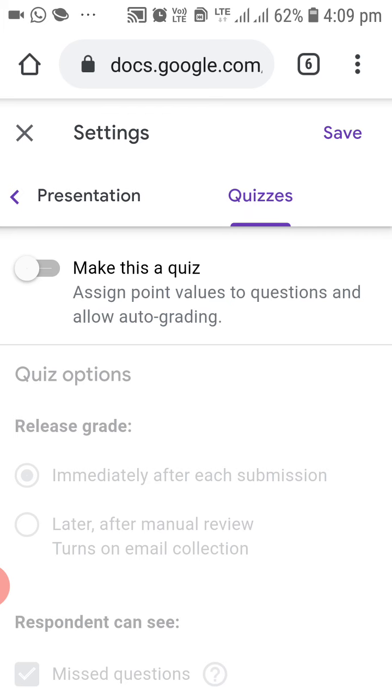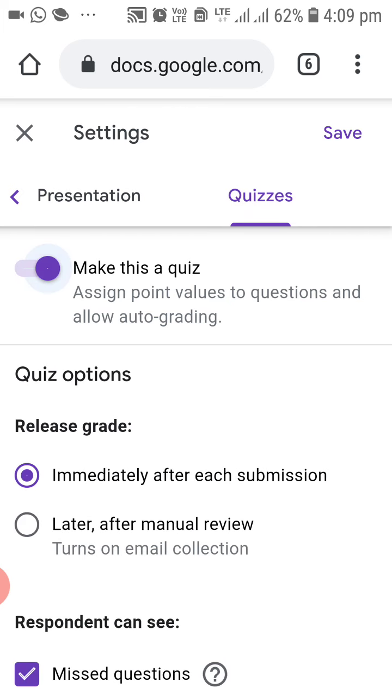Next is quizzes. This is very important. Make this a quiz. Click on that. Then release grade. There will be two options: immediately after each submission, or later after manual review. Click on later after manual review so that students cannot see their grades immediately after the submission.